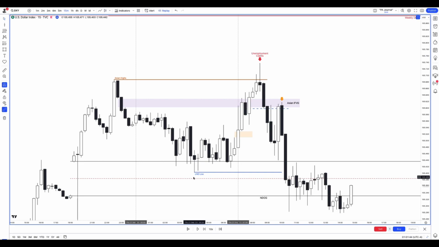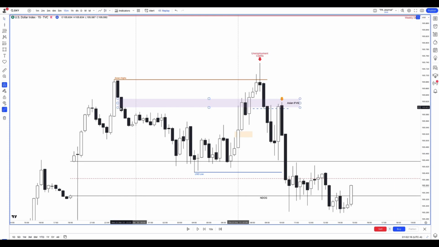If these are clean, it is a consolidation, these are clean. If we retested that, I would not really like to put a stop under here. So I would prefer for this to act as a breakaway gap to show that this was strength. And the reason for that was we broke above this Asian inversion fair value gap.